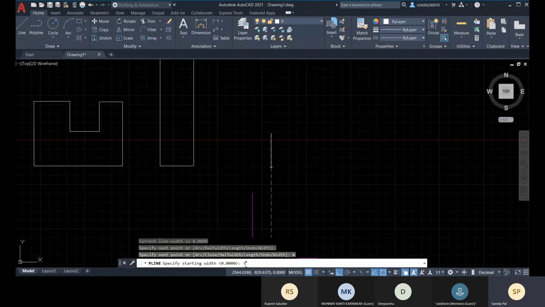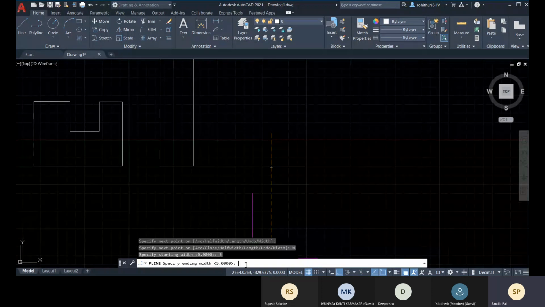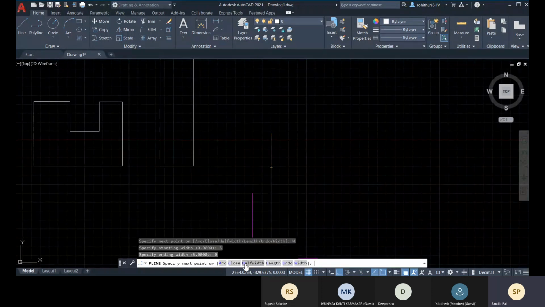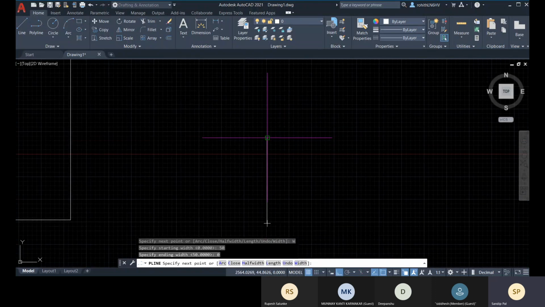Let me go with 5, enter, and for the ending width, 0. It is too small. Let me go with the starting width 50, enter, and the ending width 0, enter. And there you can see. When I'm creating another segment from this point, the starting width is 50, and no matter where you end this segment, your ending width will be 0.